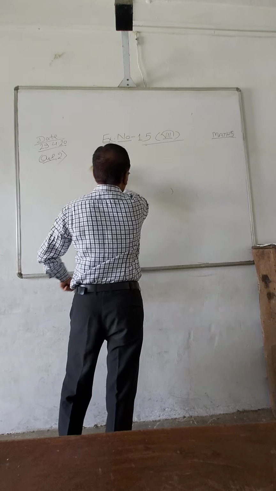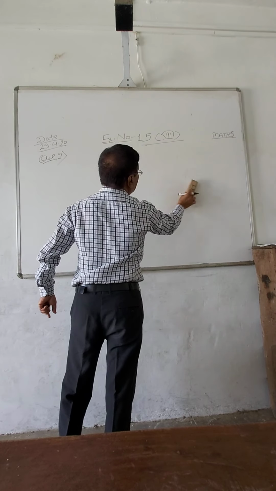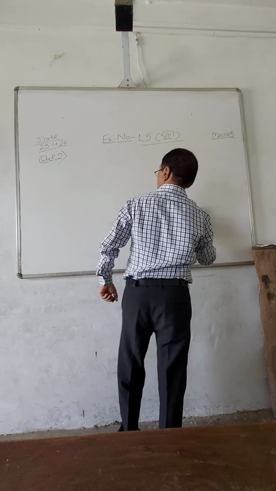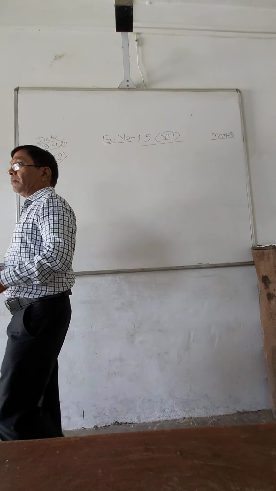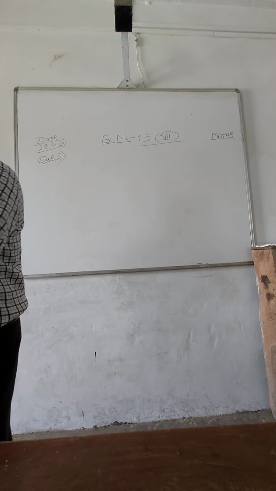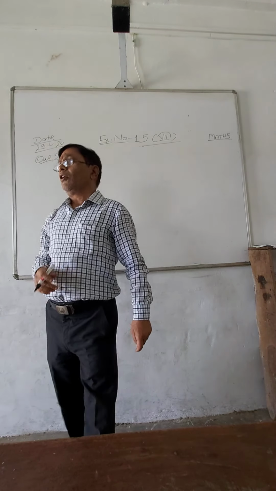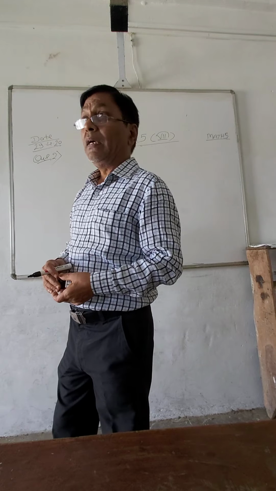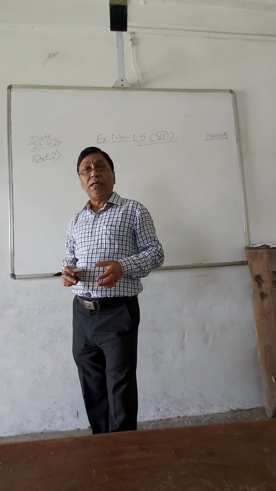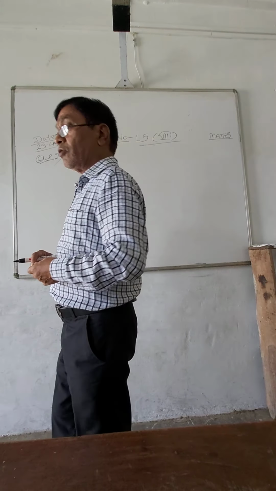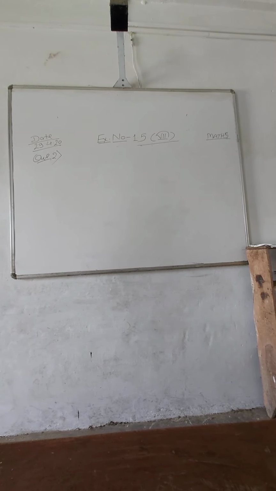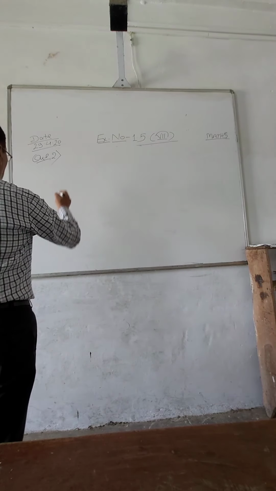So till now, only one important thing you have to keep in mind: the sign in division and the sign of multiplication. If two numbers have the same sign, the result will always be positive. If they have different signs, it will be negative, in multiplication as well as in division. Now see, next exercise 1.5. Simplify each of the following. Question number 1.